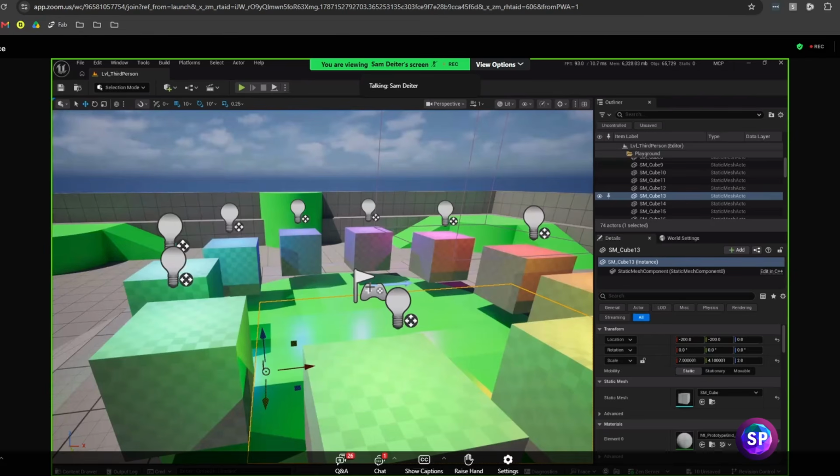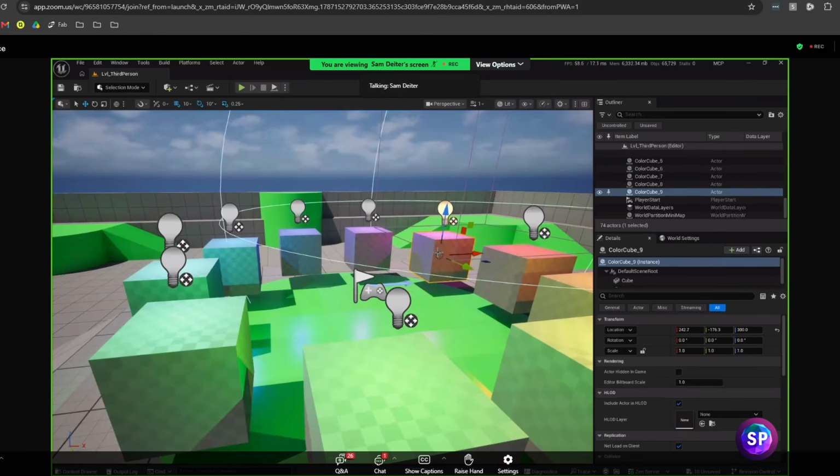This is also a really great way to help explore the editor or understand how things are done or why things are done. You can always ask the AI why it set something up in a particular way. It's a really good learning tool to learn about how to set things up inside of the editor.